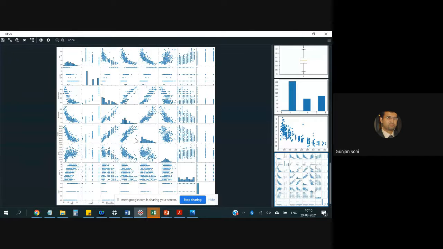So let's say, where do you find clear patterns in the data? Tell me the set of variables which are exhibiting some sort of causal relationship.